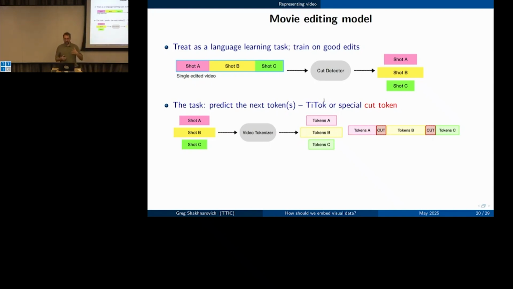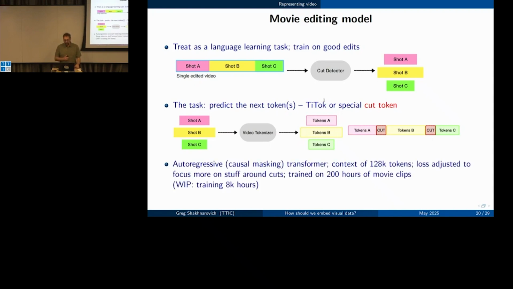The language now is a language of video frames and editing, because the cut token is very important. If you don't use it, if you just say, I just want to predict the sequence of video frames, everything falls apart and, on every task we try, it basically gives you random performance. So now you just train an autoregressive model. We have a pretty large context. Because everything is discrete, it's fairly easy to fit very large context. We're using a 128,000 token context for this model, and we train it just as an autoregressive token prediction